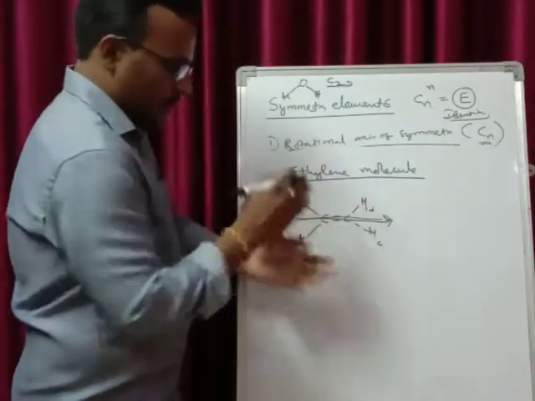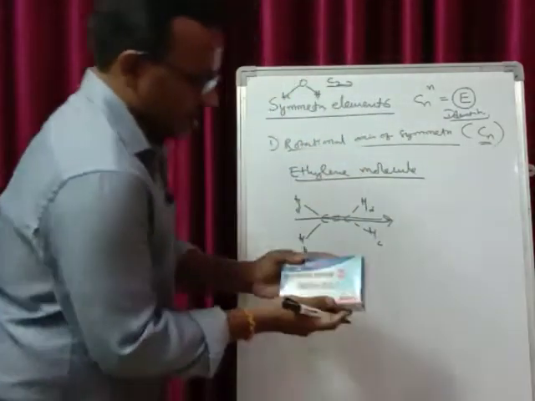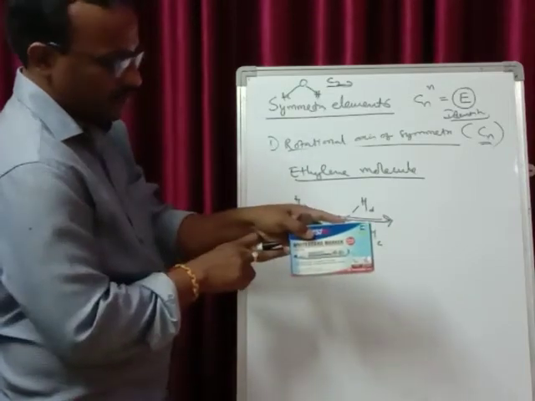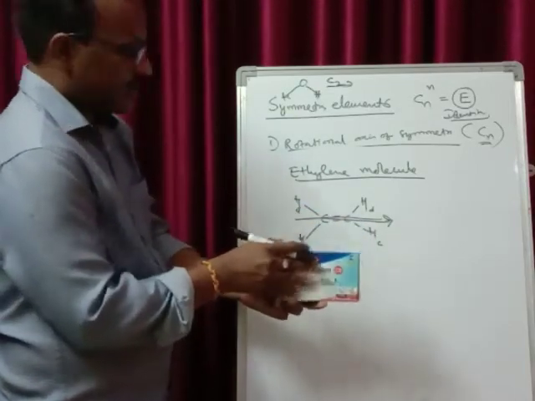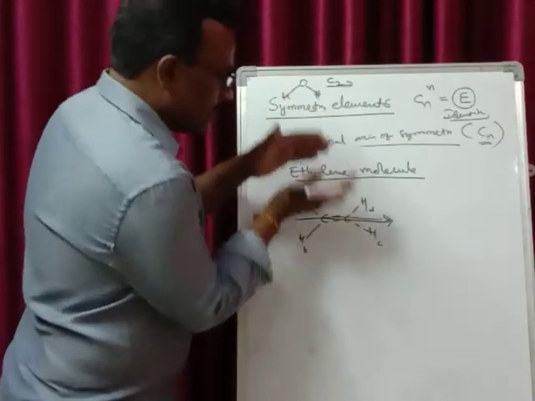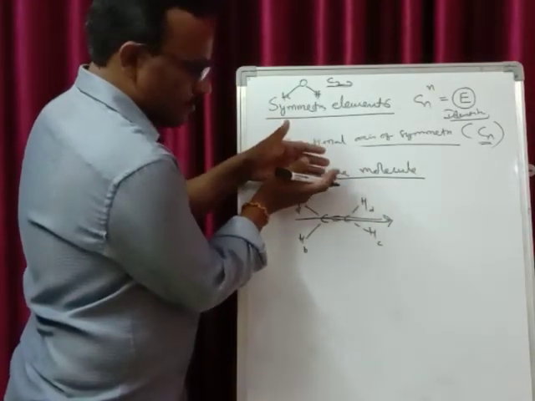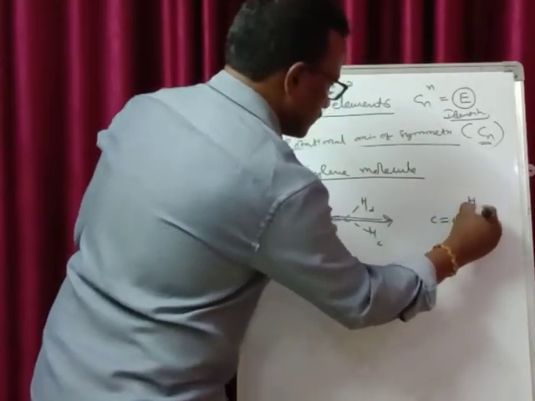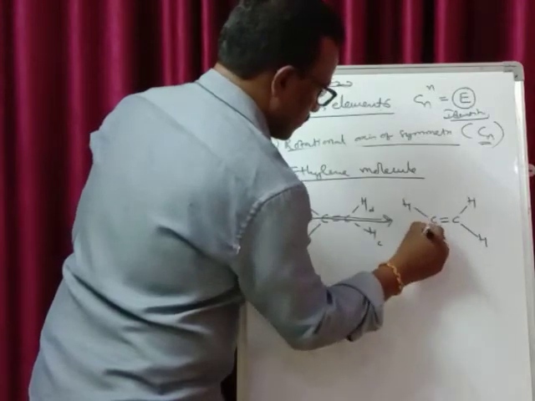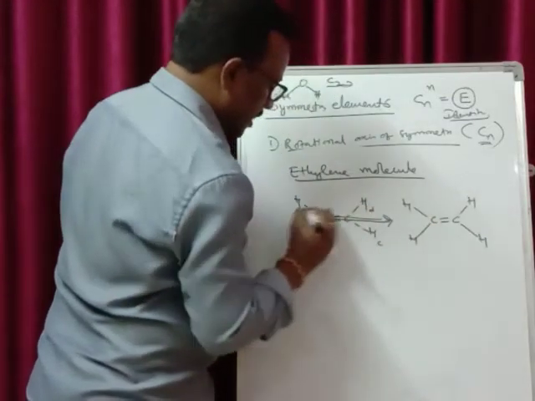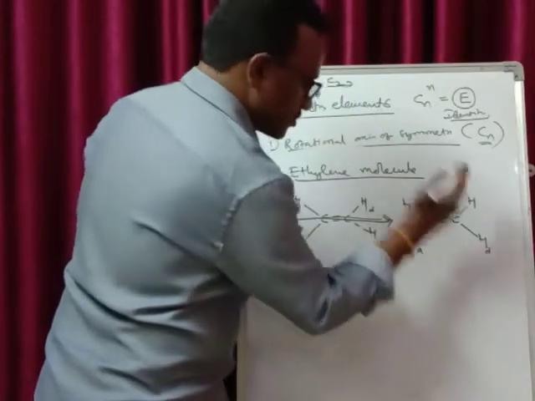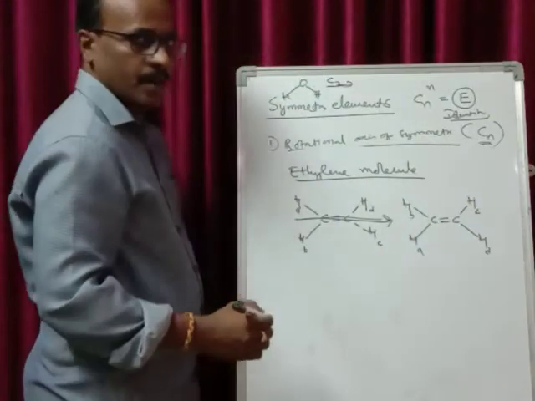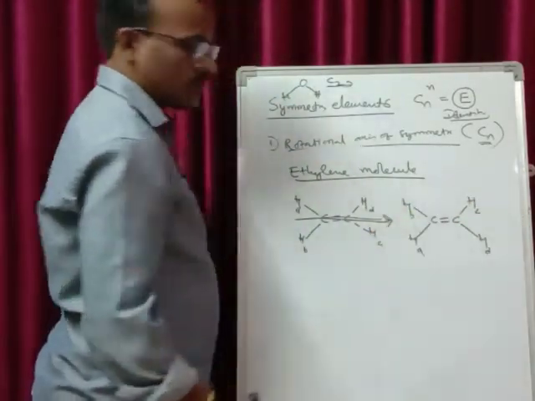Now rotation of this molecule such that you can take this like this. The situation is like this. If I rotate 180 degrees, the axis is passing through this particular axis and rotated to 180 degrees. Now the hydrogens which are below the plane will go above the plane, and those which are above the plane will go below the plane. So the hydrogen atoms which are above the plane, that is HA and HD, come below the plane. HB and HC, which are below the plane, will go above the plane. So this is one rotational axis of symmetry.